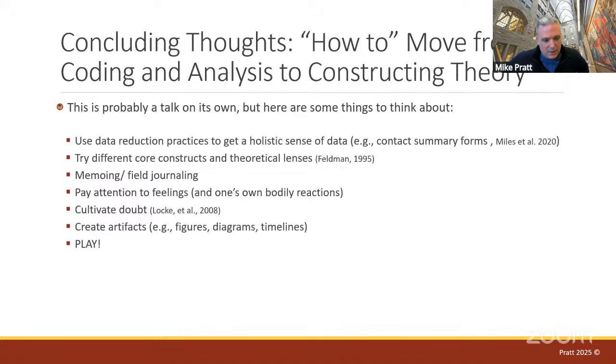One thing is I really find it important when I theorize to have a holistic view of the data. So in other words, I need to have a broad understanding of my data as a whole, not just the component parts. When I did a 6-year study of physicians, it's hard to keep that in your head. So I did a context summary sheet for every interview, and a context summary sheet that summarized themes from the first year of data, second year, third year, fourth year, fifth year, sixth year, just so I could get a sense of what was going on in my data as a whole. That's important.